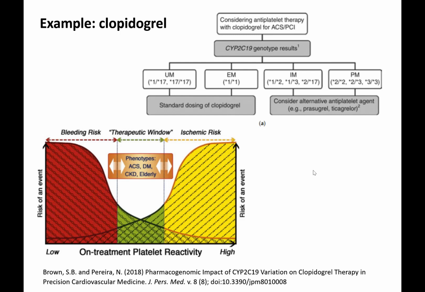So there's information for doctors that says, okay, when you're considering clopidogrel for antiplatelet therapy, look at their genotypes. If they're ultra or extensive metabolizer, you can probably do the standard dose. If they're intermediate or poor, try a different drug. Try something that will give the right, what we call therapeutic window. So to illustrate this even more,